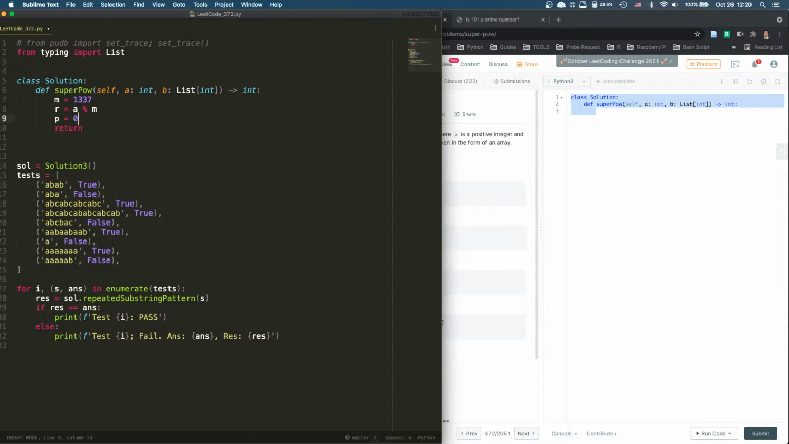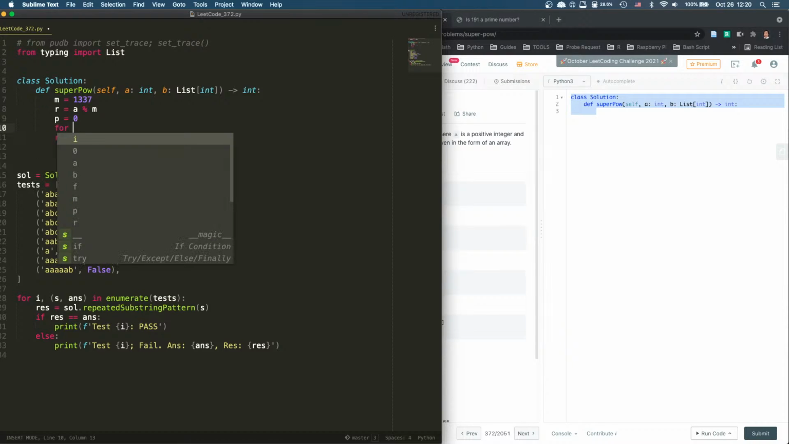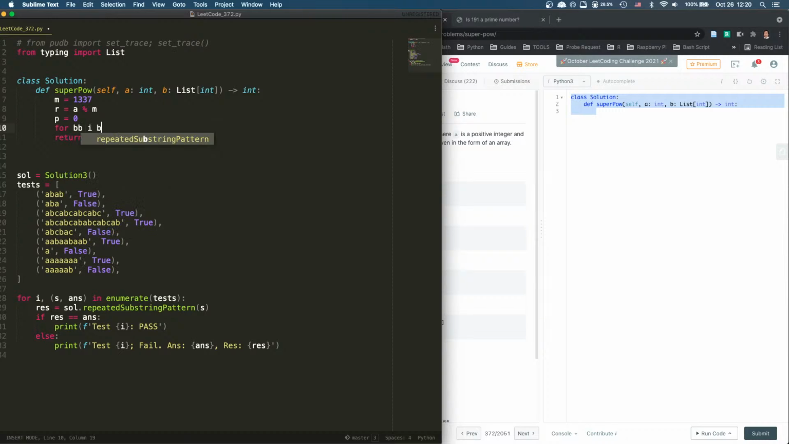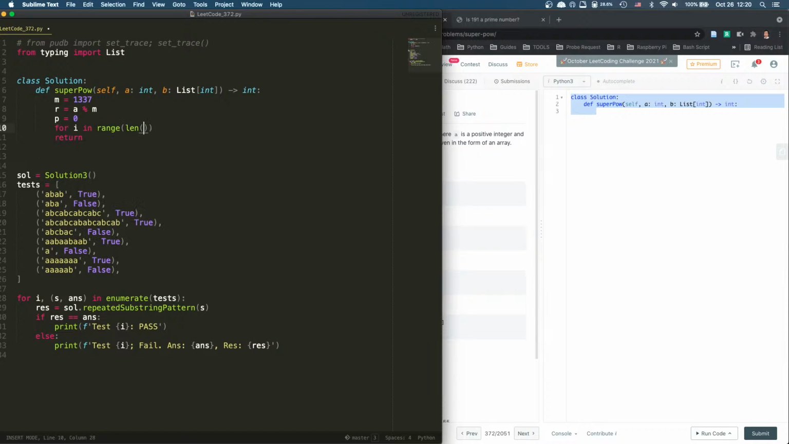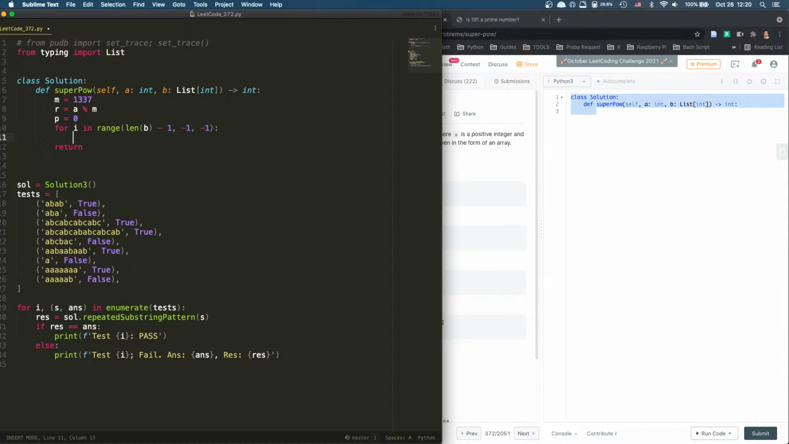P equals 0, and for b, I don't know what to do. Oh, and it has to be reversed. For i in range len b minus 1, minus 1, minus 1, right? And then we say P plus equal to b i